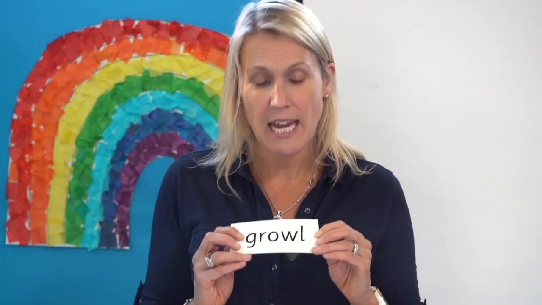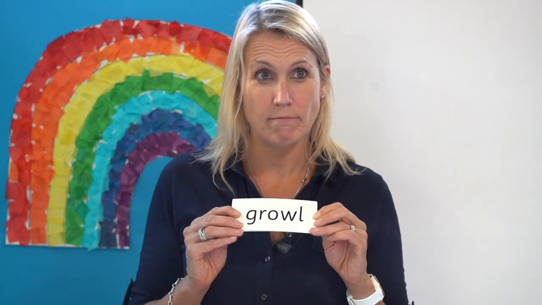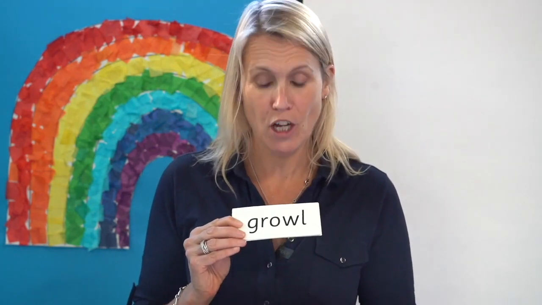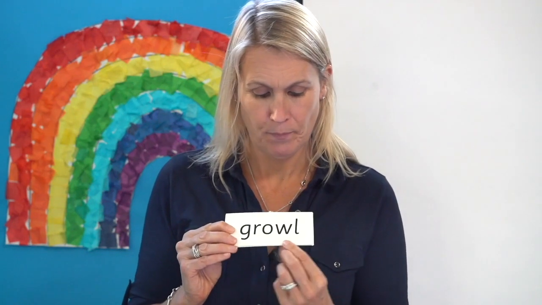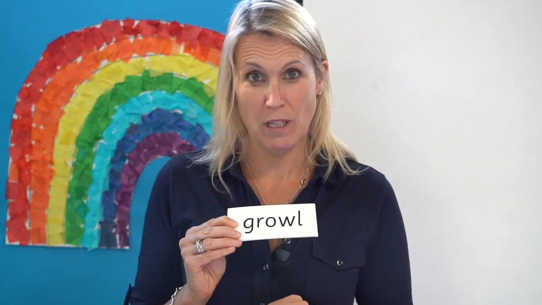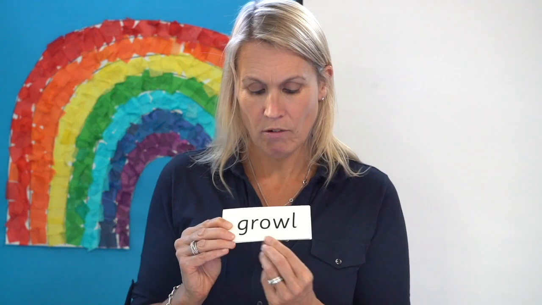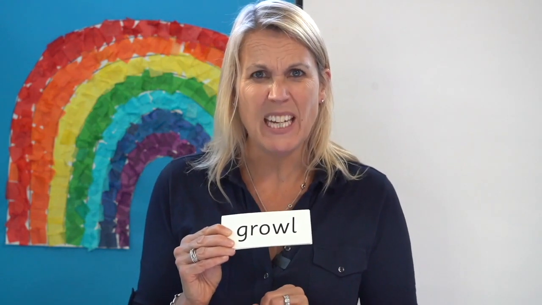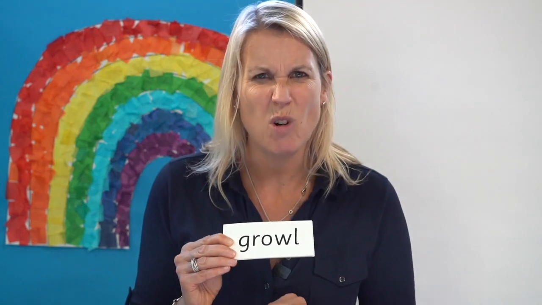Remember each time to say the words as I point and then blend to read the word. Are you ready? Here's the first word. Can you spot the digraph? Yes, well done. The digraph is ow. Off you go. Read with me. G-r-ow-l, growl. The small dog gave a big growl. Have you ever heard a dog growl? It goes,